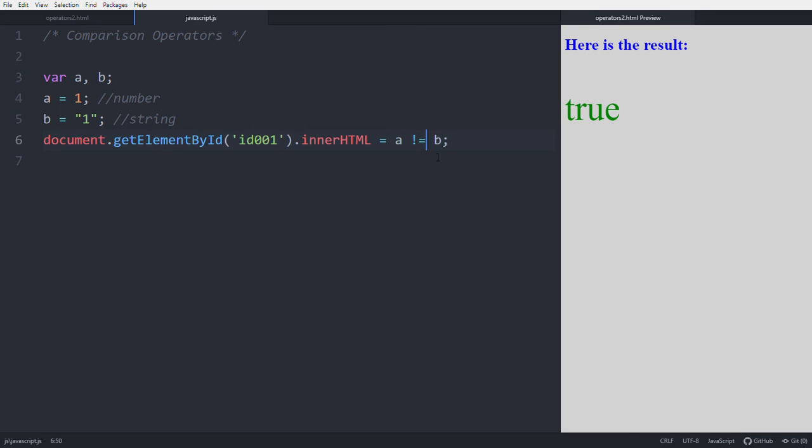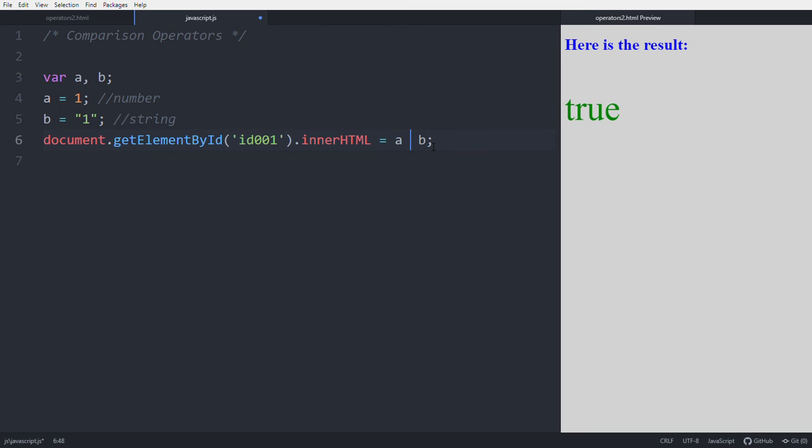Next, less than. False. Why? Because both values are 1. A is not less than B, so it is false. Check less than or equal: true. Why? Because 1 equal to 1 is true. Then check greater than. This is false, both values are equal. Then check greater than or equal. It is true because 1 is greater than or equal to B.